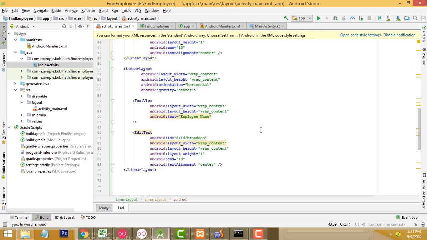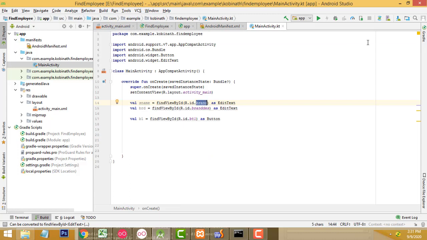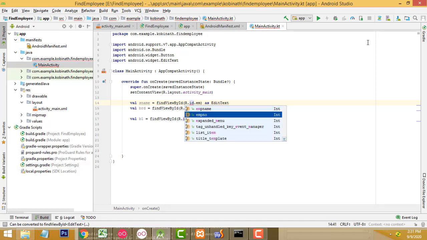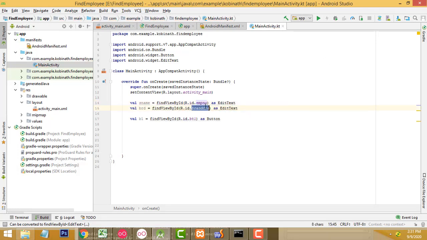Here we have to change the ID here as EMP name, right? Here we have to write EMP name, EMP number, this ID, this is the relevant EMP name, right.